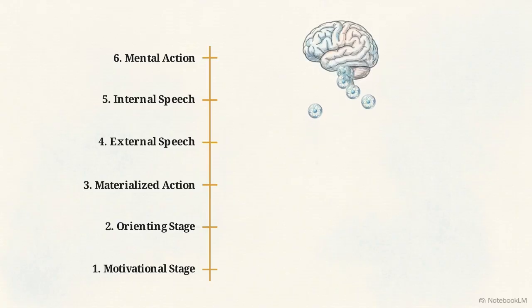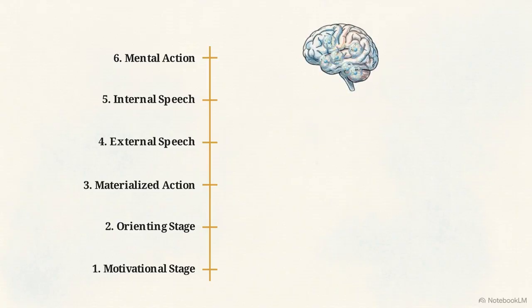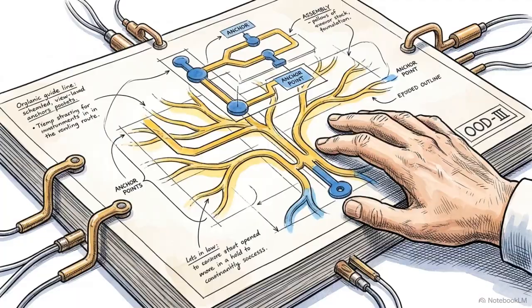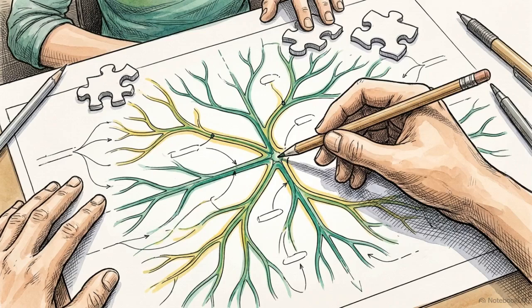This sequence is the mechanism used to translate that external invariant matrix into an automated, integrated neural pattern. In Stage 1, the instructor creates a motivation deficit by presenting a professional problem the students cannot solve with their current knowledge. In Stage 2, the instructor delivers the orienting basis of action, the comprehensive physical map containing all the discipline's invariants. Stage 3 is the materialized action.